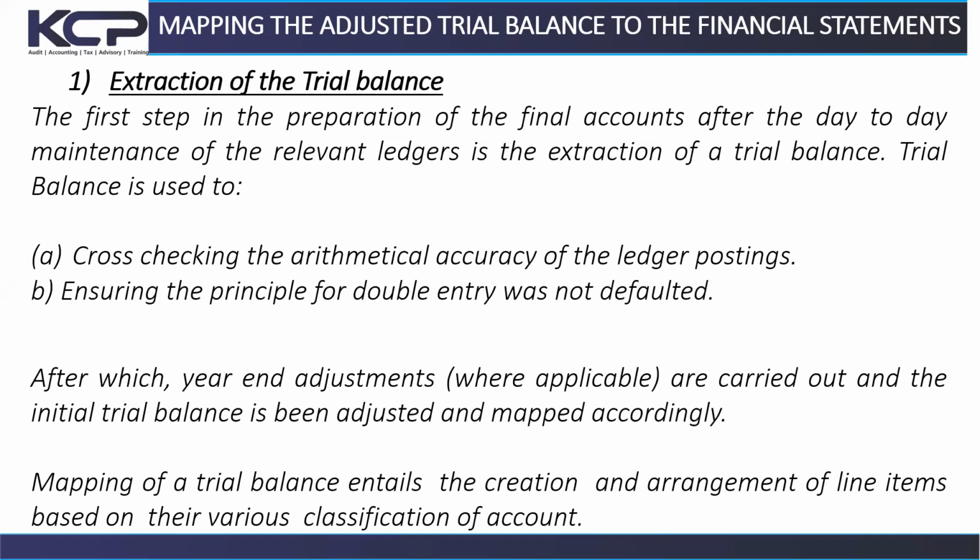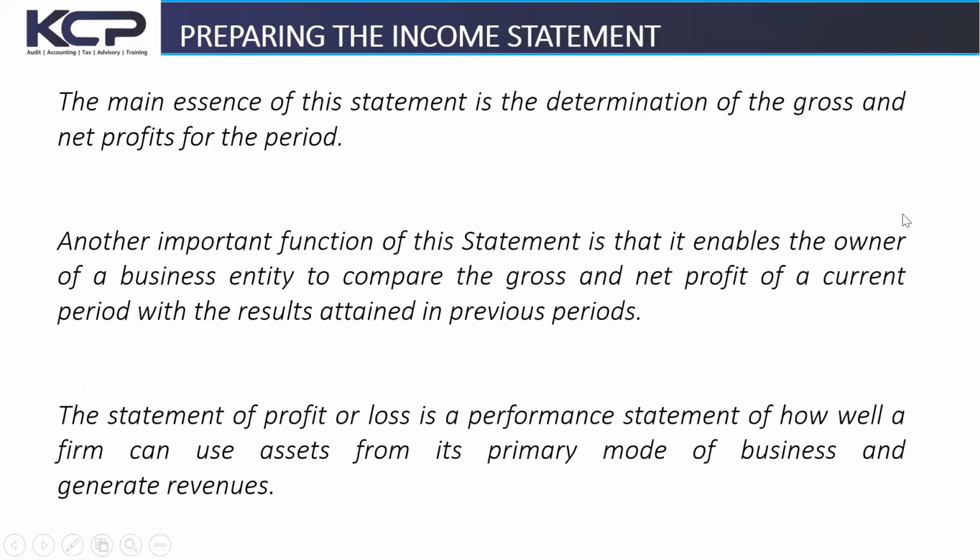Of course, there are some errors that you could have made that may not affect the trial balance. How will this be treated? So these are some of the reasons why auditors, in the course of their work, review the various transaction trails or accounting trails. And if they spot any exception, they could then recommend that adjusting journals be raised, right? We talked about most of these things before, and I believe the knowledge should still be fresh. So the main essence of the statement, that is the statement of profit or loss, is to ascertain